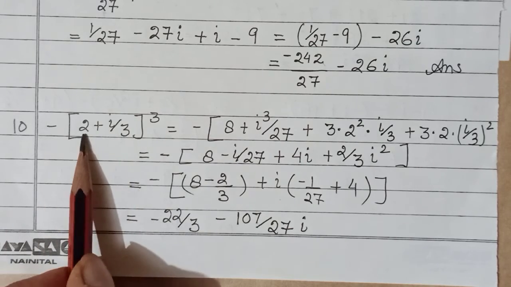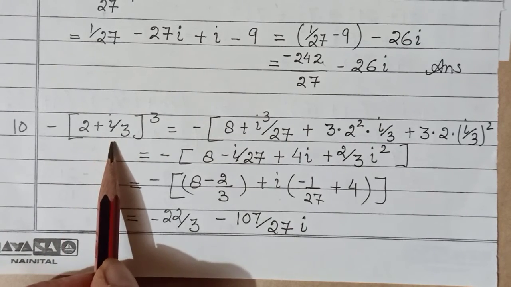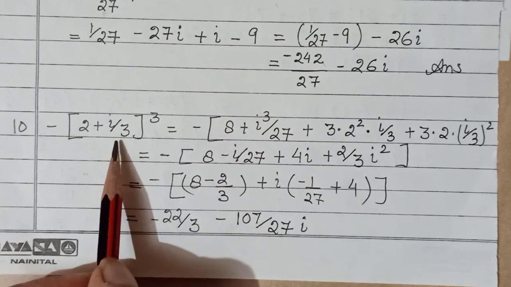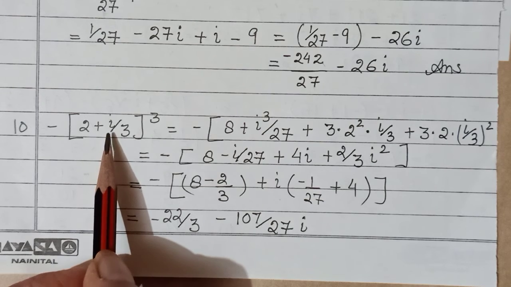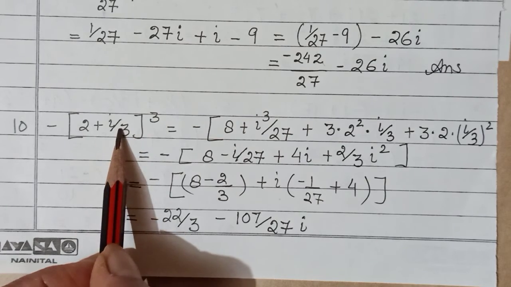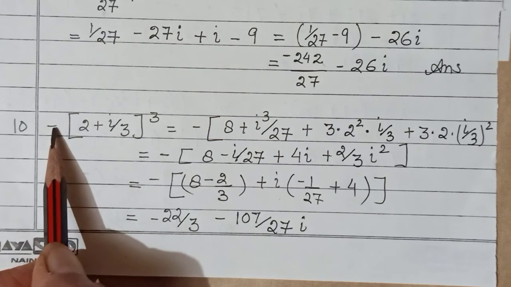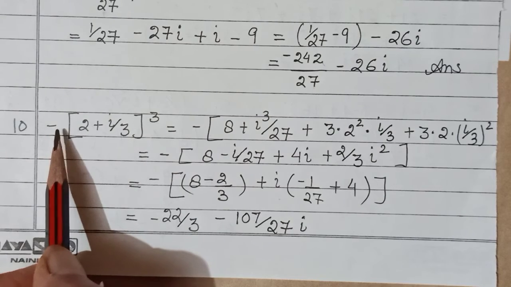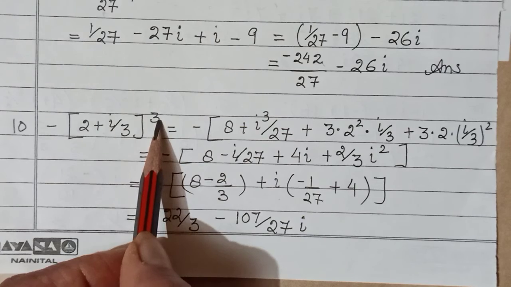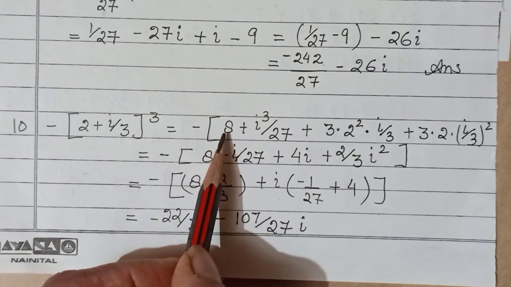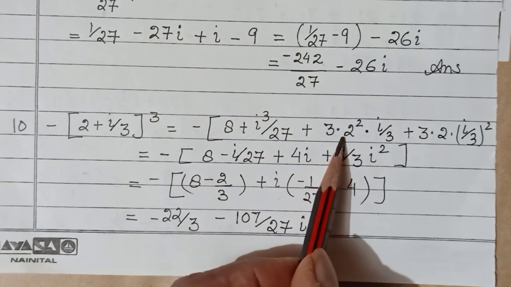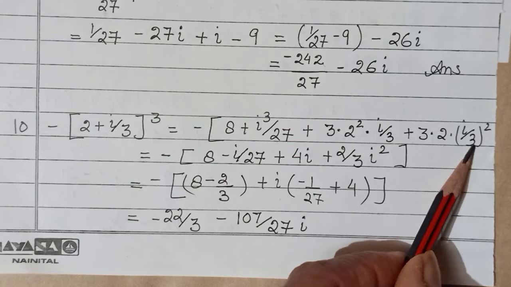Now in the 10th one, children, it was minus 2 and minus i upon 3. So what I've done is from both I've taken that negative sign common. Writing negative so many times would be time consuming, confusing. So we know cube of a negative number is always negative. So I've taken negative common from here. Both were negative, you have taken negative common, and negative's cube will be negative. So I've put that negative sign right in front. Now I'll simply open this by a plus b whole cube, and in the answer that comes the minus sign will be distributed again. Okay, so that is your a cube plus b cube plus 3a square b plus 3ab square.